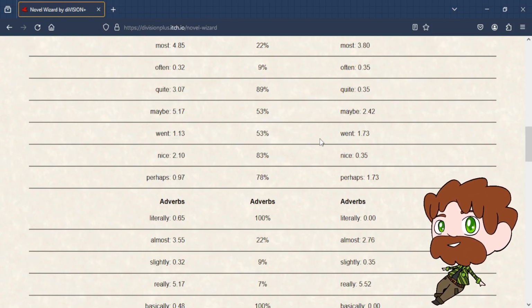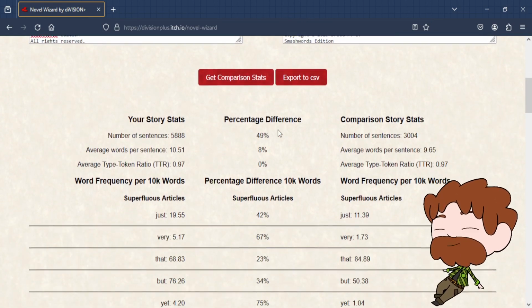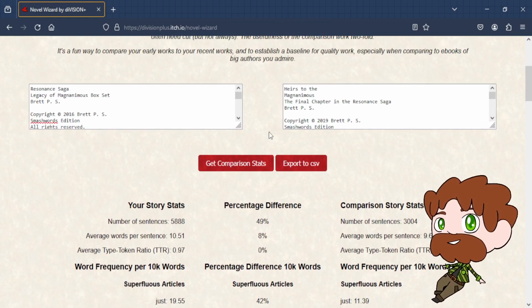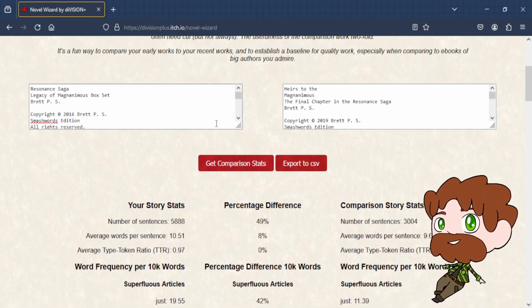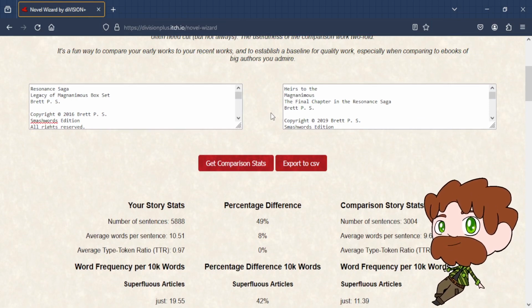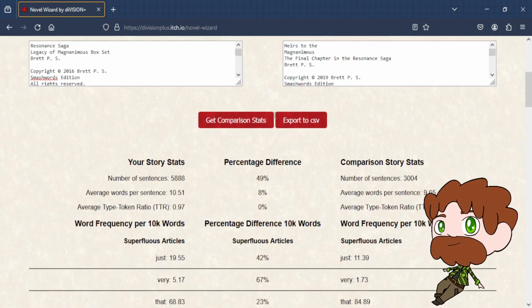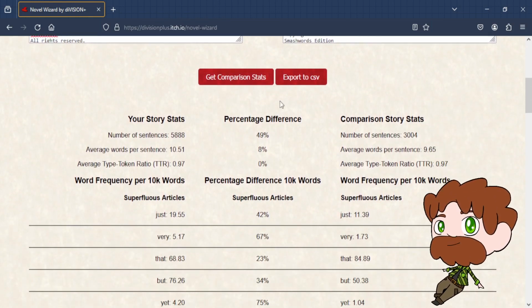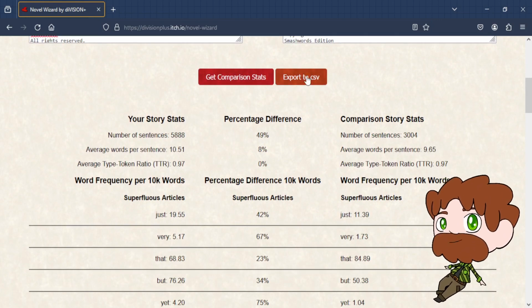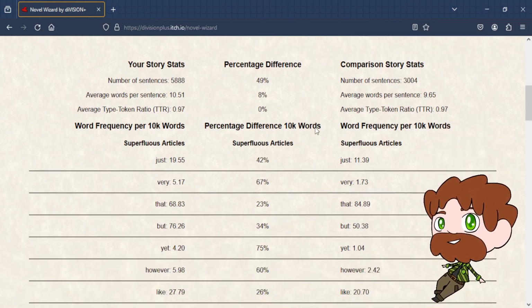What's really interesting is if you have a favorite author, if you manage to get a text version of their ebook, you can paste it in here and you can even see what their stats are for their work, which is very cool. I've tested this software up to about, I want to say like 60 or 100,000 words. I don't know how long it would take to go much higher than that, so I'd be interested to know what your mileage is. And then what you can also do is you can export this to a CSV, which is basically a spreadsheet. And what you can do with that spreadsheet then is not only can you have your story